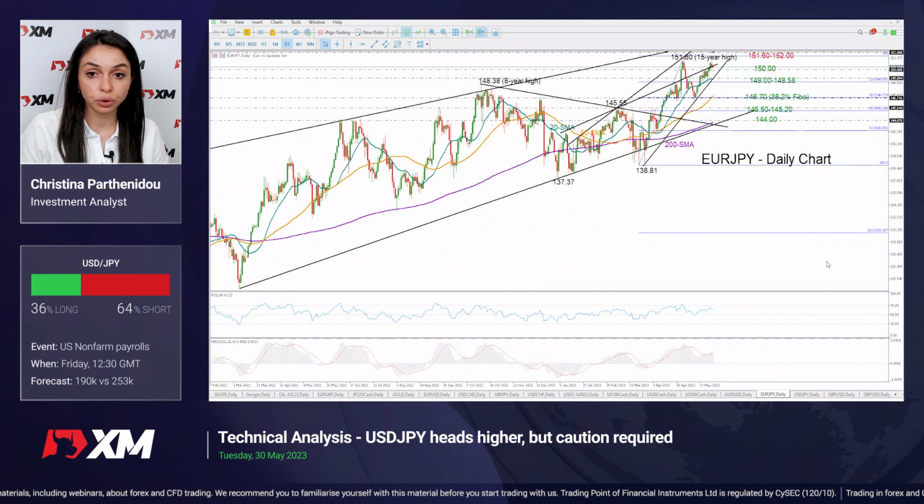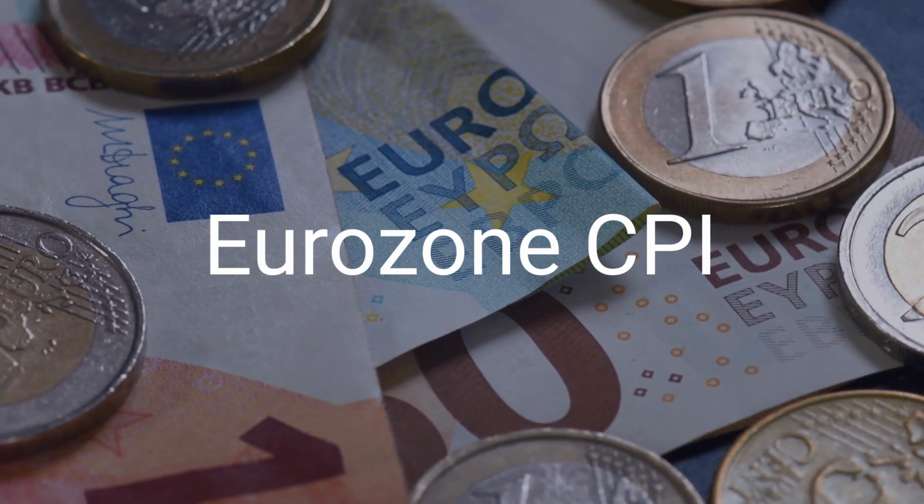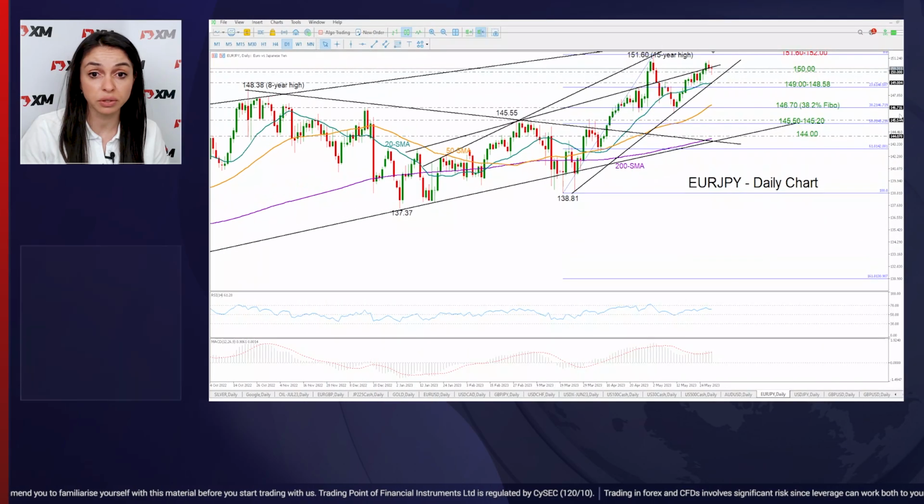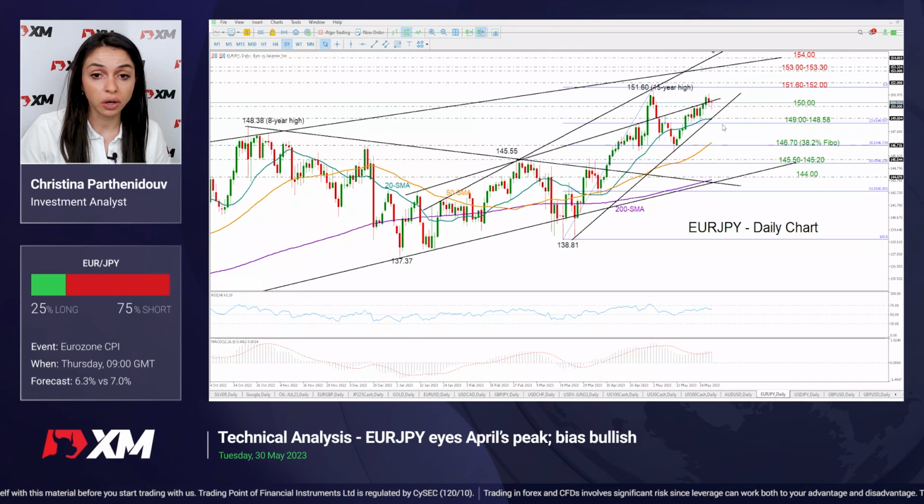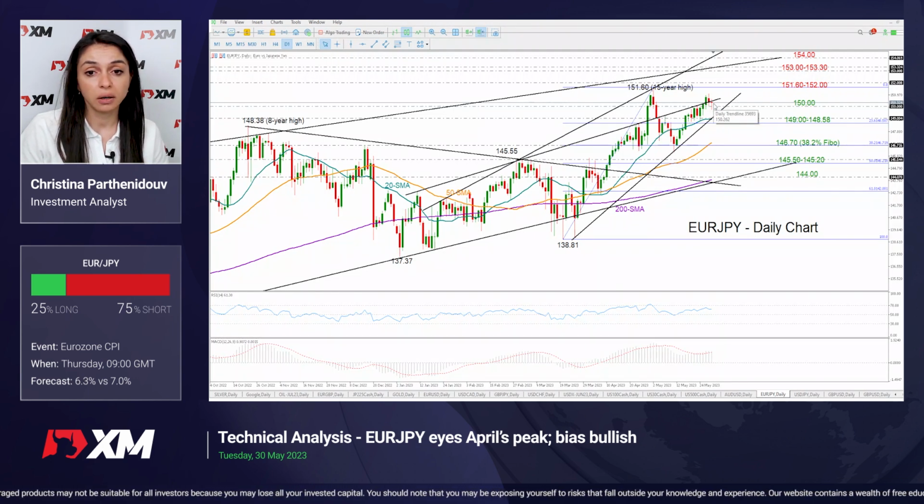And now turning to euro yen, this is one of the euro pairs that had great performance recently. Unlike euro dollar, we can see that it's currently facing some weakness, and the forecast for Eurozone CPI inflation is for a sizable slowdown. So if that proves to be the case, if Eurozone CPI inflation data come weaker than expected or in line with expectations, which could consequently make the ECB less hawkish and reduce the odds for a rate hike, that could pressure euro yen